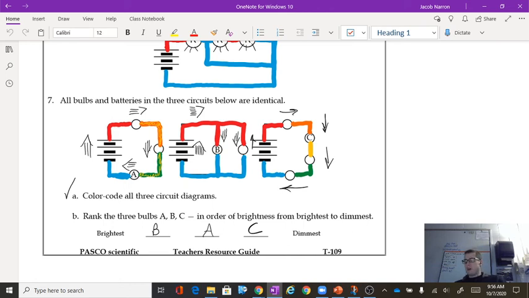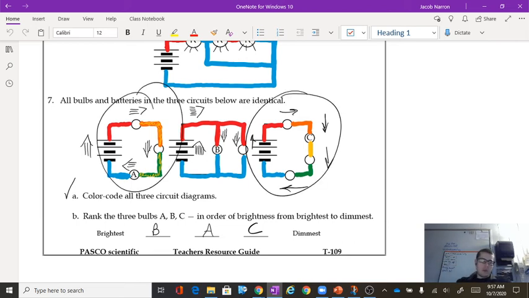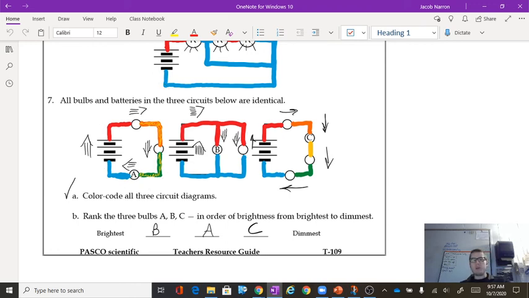But another way to think about it is that, look, as you add additional bulbs in series, okay, this first circuit over here, this last circuit over here are both series circuits. As you add more and more bulbs that way, the dimmer and dimmer the bulbs are going to get, because the resistance increases, the battery stays the same, and the current decreases. That pressure difference gets shared across every bulb that's in series. So as you add more and more bulbs, the individual pressure difference gets smaller and smaller and smaller,